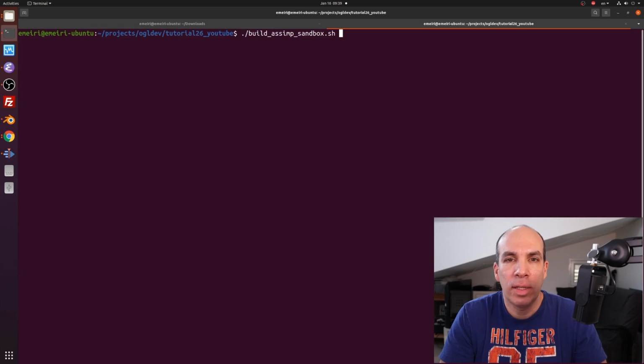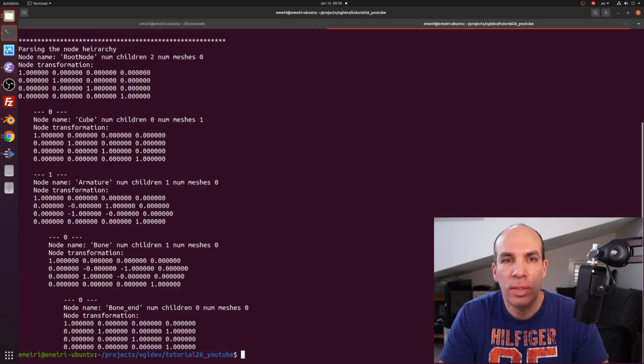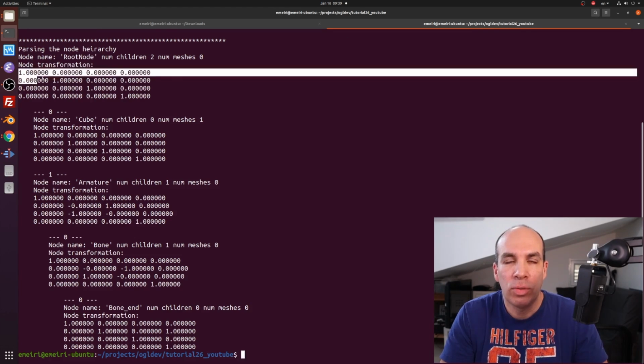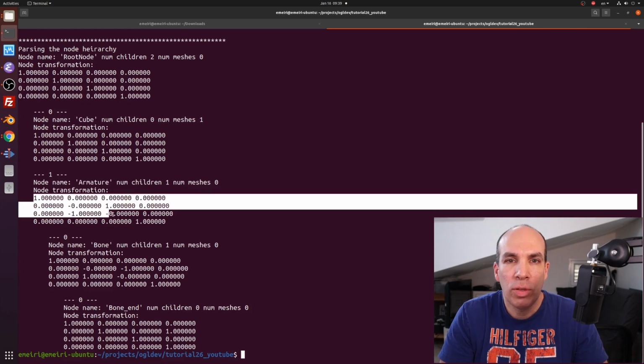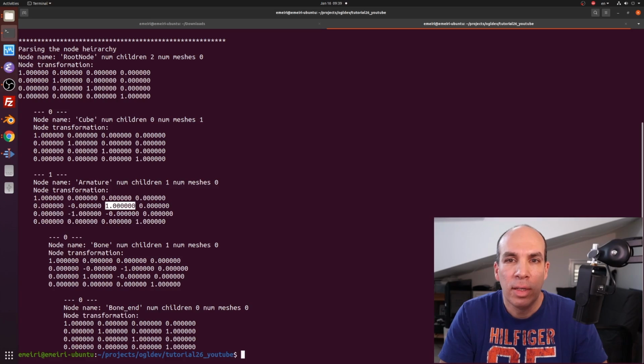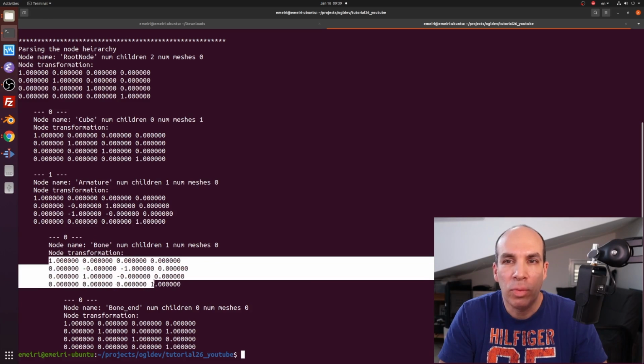Okay, so now let's test it on the first example, singlebone.fbx. We can see that the root node is the identity matrix. It has two children, the cube and the armature. The mTransformation matrix of the armature switches the y and z axis and also flips the sign of the y coordinate. Okay, interesting. The armature contains a node called bone, and you can see that the mTransformation matrix here does